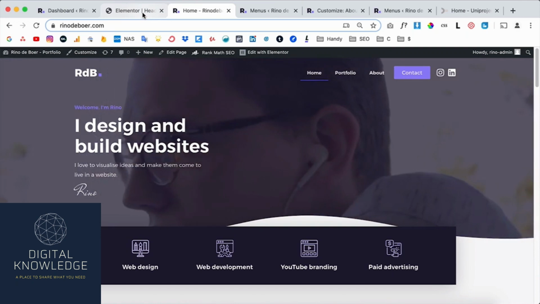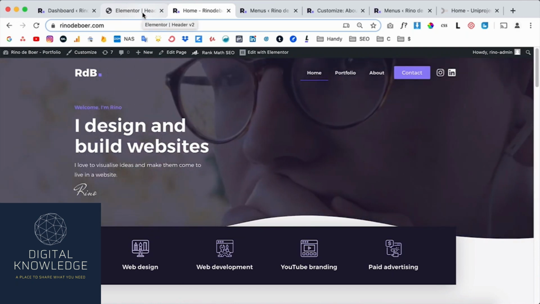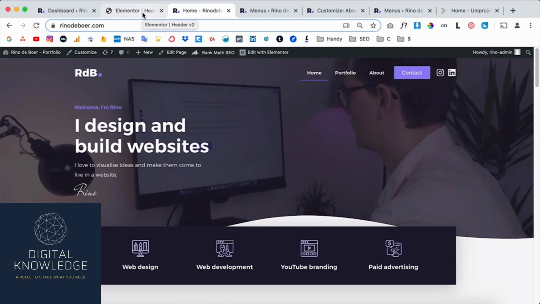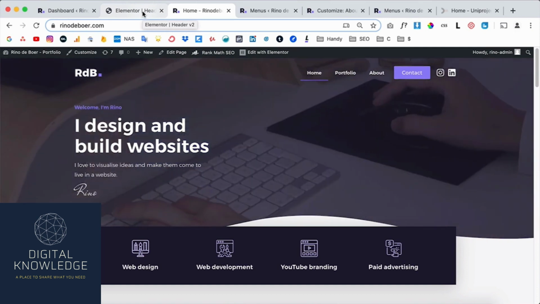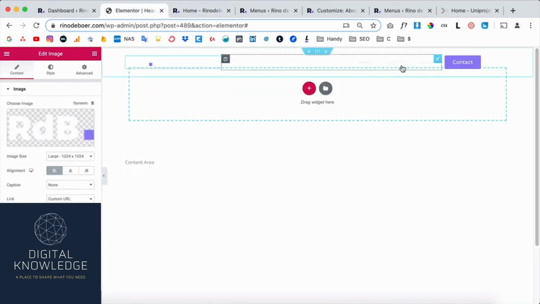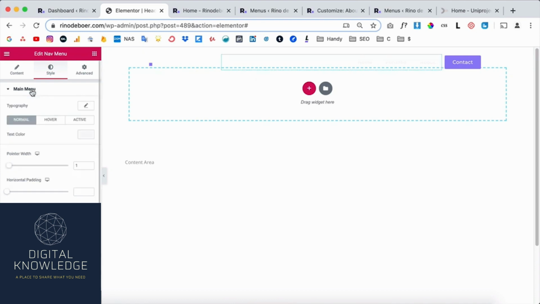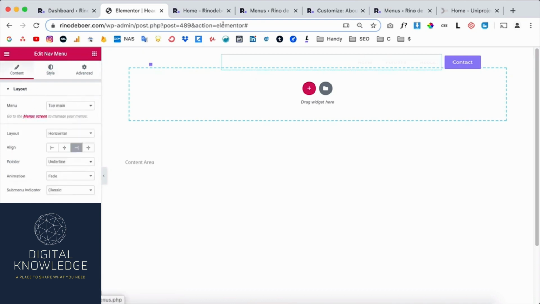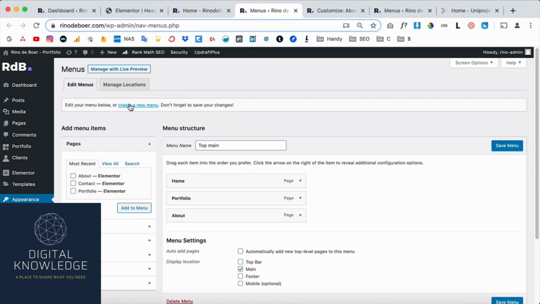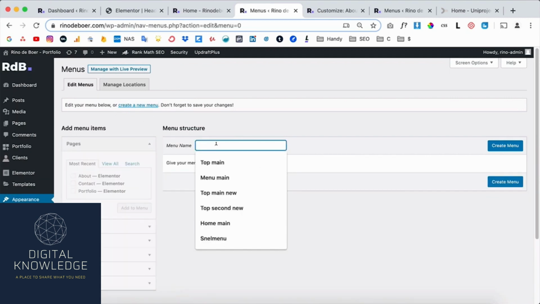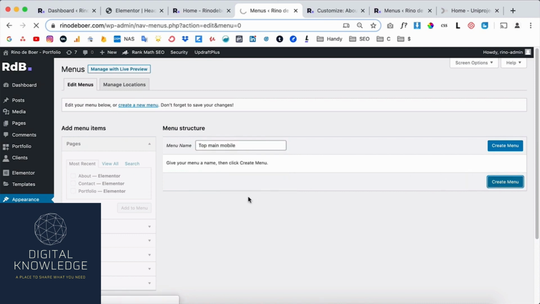So now we're done, but I forgot one thing, and that is that the contact page is now not accessible on the mobile phone. So what we need to do is go back to our menu, and we need to create a menu for our mobile. That's a different menu than for the web. So if we go back to the menu screen, which you can find over here, we need to create a custom menu for our mobile phone. So top main mobile, for example, create the menu,